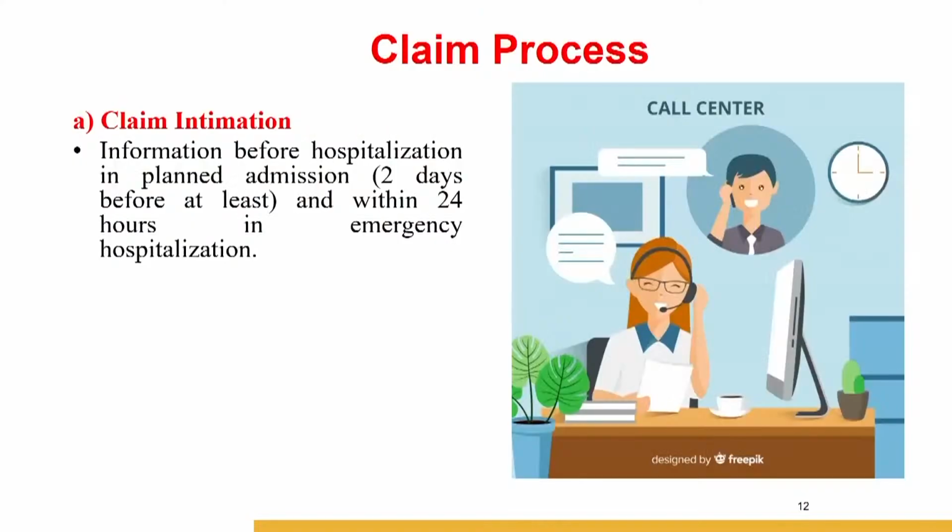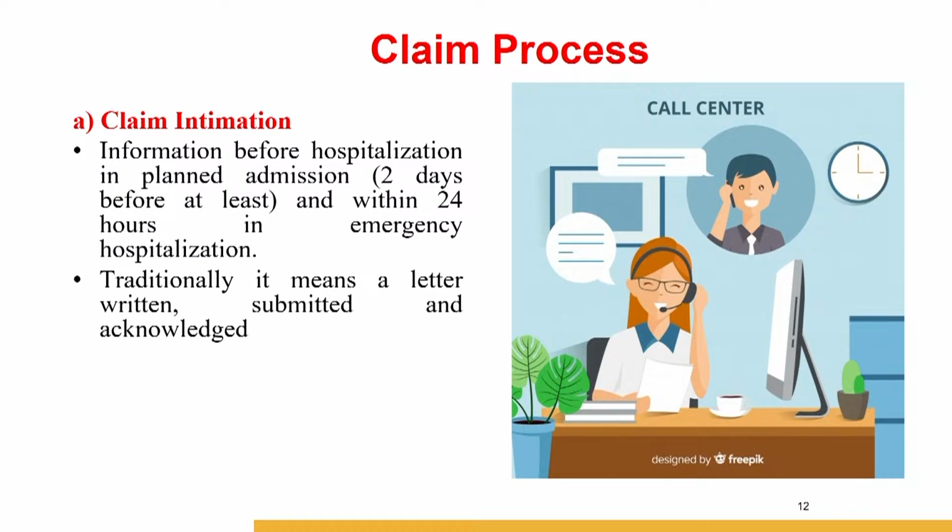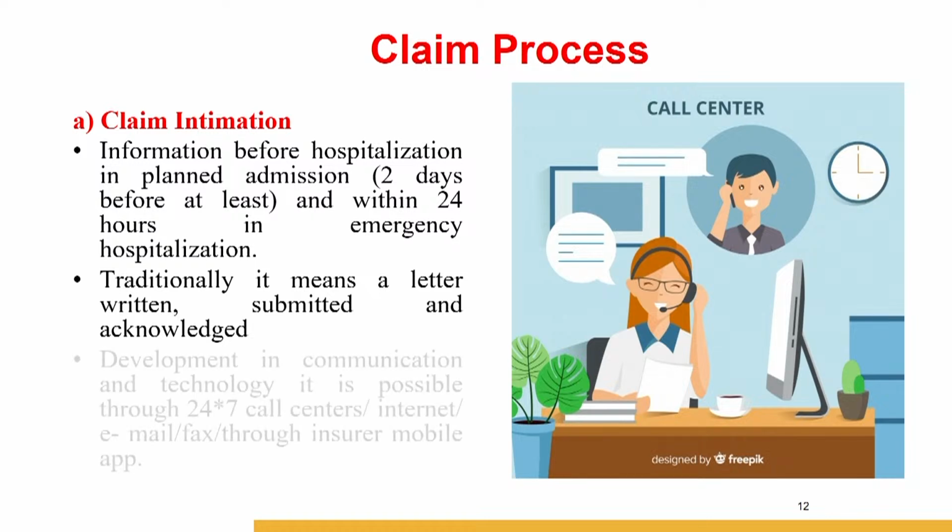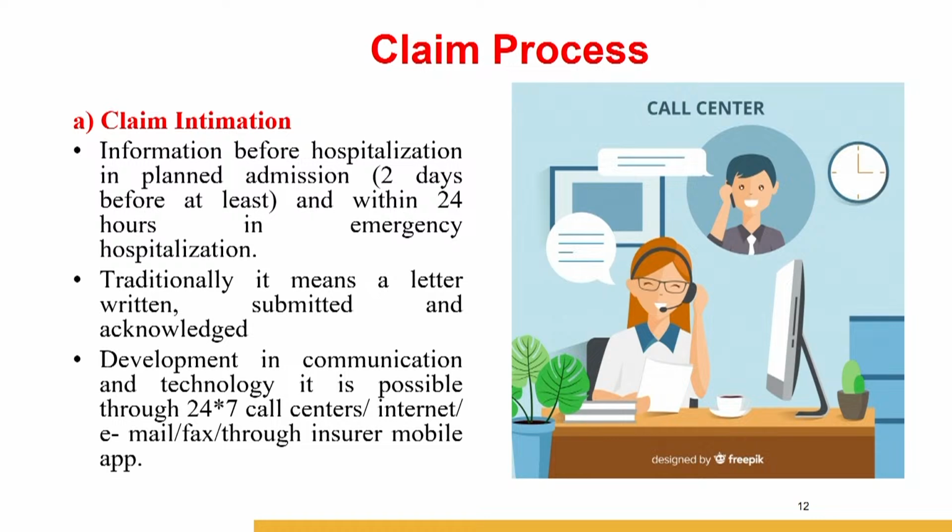In the claim process, the first important thing is claim intimation. Claim intimation is very important. I told you there is a turnaround time: in case of emergency hospitalization, within 24 hours you need to intimate your claims department or TPA. If it is a planned hospitalization, you can intimate them at least 2 days before, or even 7 days before hospitalization, you can tell your insurance company that you would like to avail this surgery,